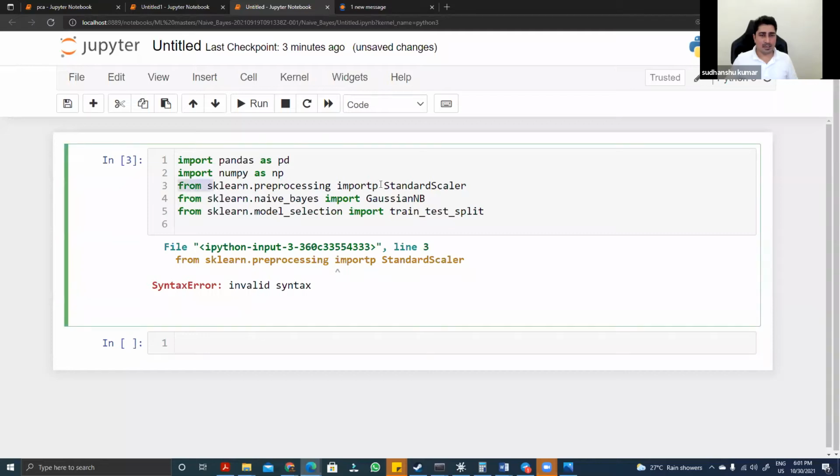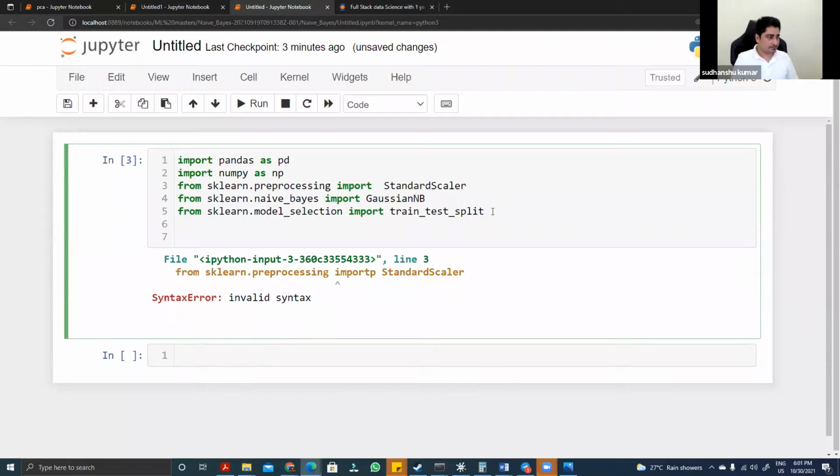Okay, so I made a mistake in line number 3. Okay, this one. No issue, it's a minor mistake. And then maybe we can try to call from sklearn